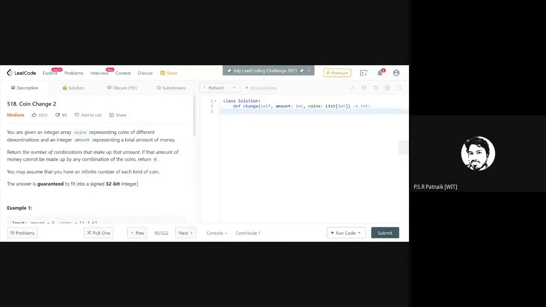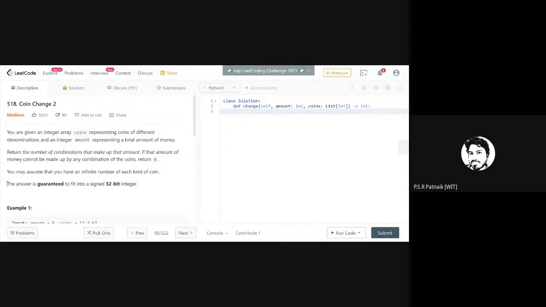Now, this is very important to note, which helps me in reducing the complexity of my program. They are saying you may assume that you have an infinite number of each kind of coin. So I need not worry how many 10 rupee notes or how many 5 rupee coins or how many 500 notes I have. Imagine that I have an infinite amount of notes. So no need to worry about the number of notes. This makes my problem far easier, and I need not worry about multiple conditions.